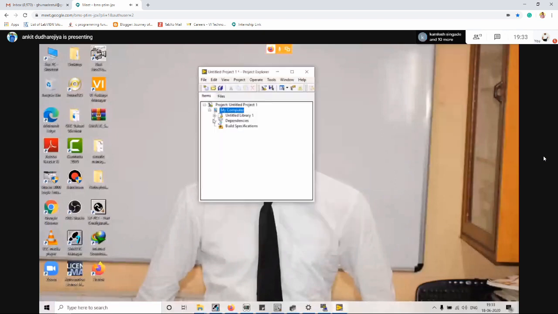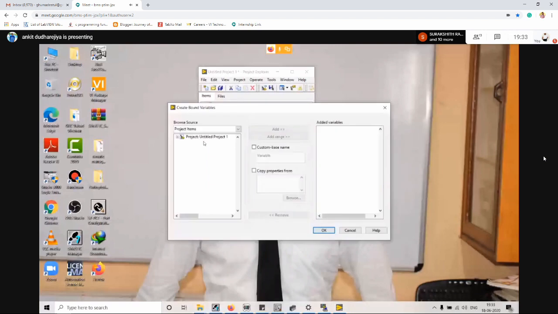When you explore it, you will get the OPC1 symbol over here. Now whatever tags we have created in the NI OPC server, we want to use in our LabVIEW. So we have to add those tags in our LabVIEW project. How can we add them? You have to click on this OPC, and click on create bound variables. When you click on create bound variables, you will get an interface where we have to find all the tags which we have created in the NI OPC server.